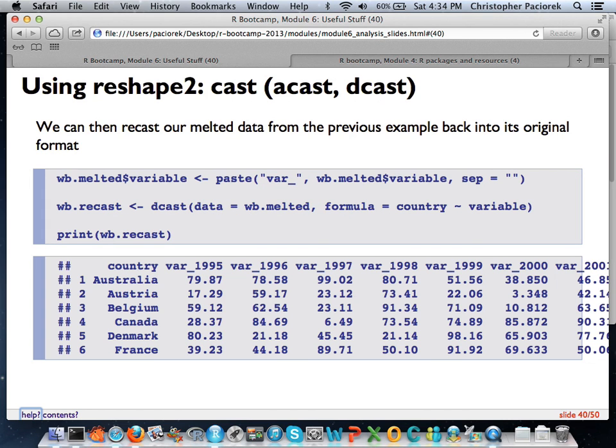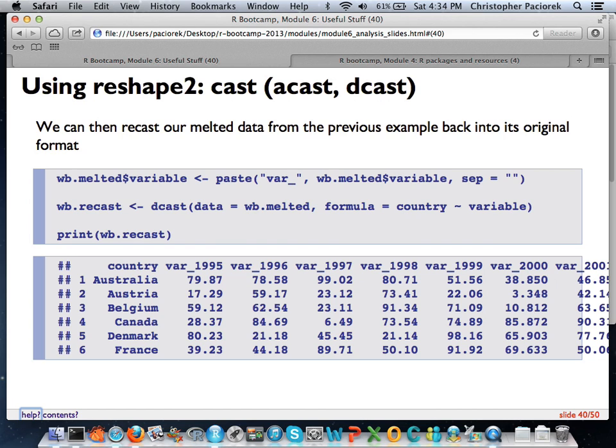And you can see when we try and recast our data here, we'll put back this little stub using the paste function, and we're just going to apply that to the old year variable. And then we call dcast here. The data we're interested in casting is this new data set, WB World Bank melted.